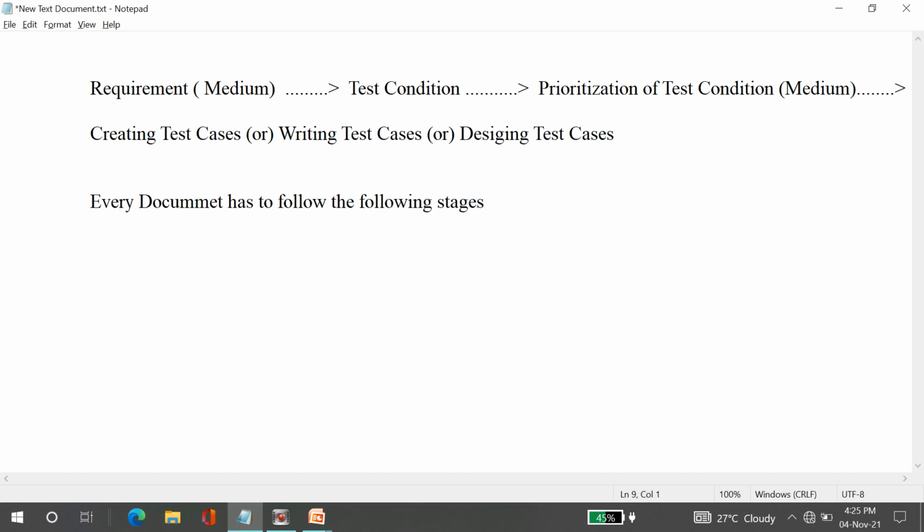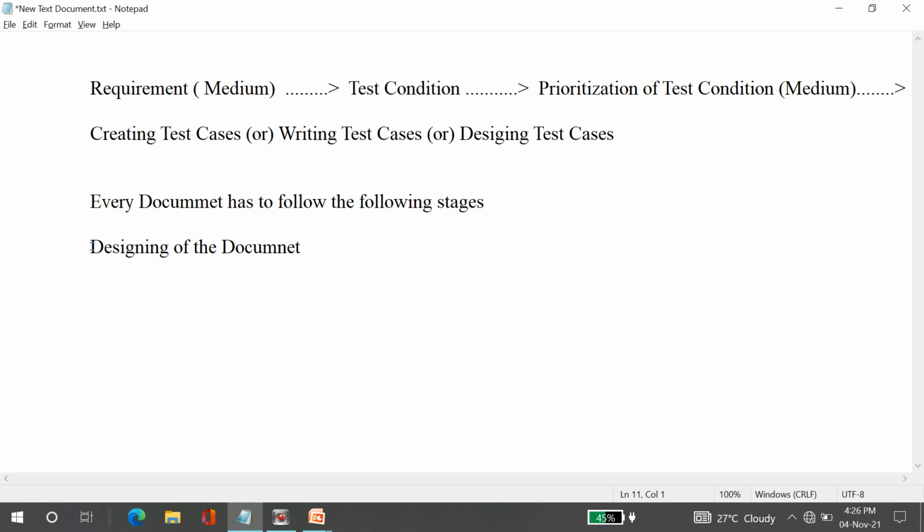What are these following stages? See, the first is the designing of the document.